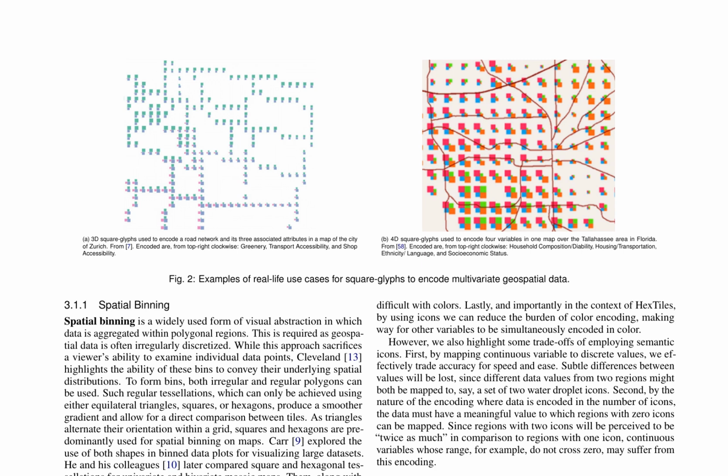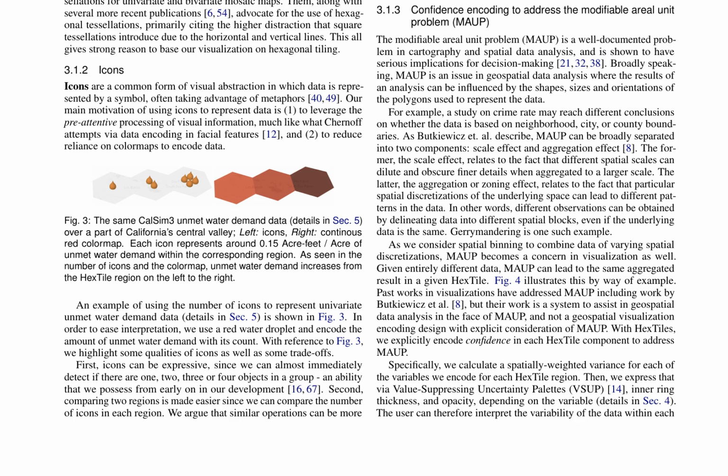local patterns. To further enhance the visualization of multivariate geospatial data, icons can be employed to leverage pre-attentive processing and reduce reliance on color maps. By using icons to represent unmet water demand data, for instance, complex information can be effectively conveyed. This approach enables the encoding of multiple variables into a single visual representation, facilitating a more comprehensive understanding of the